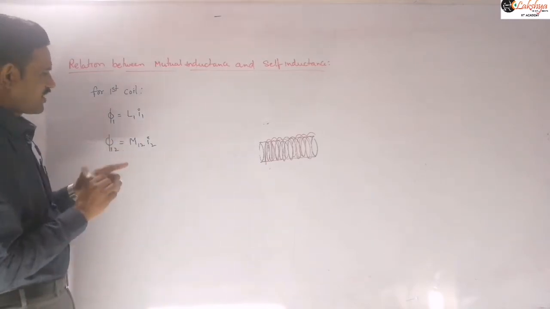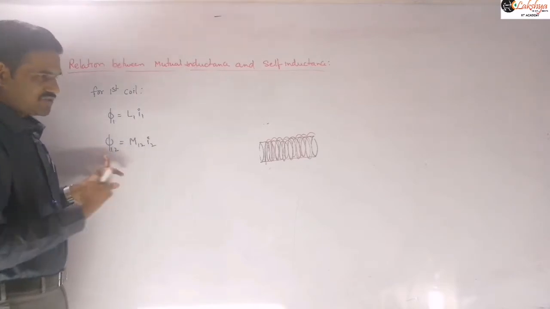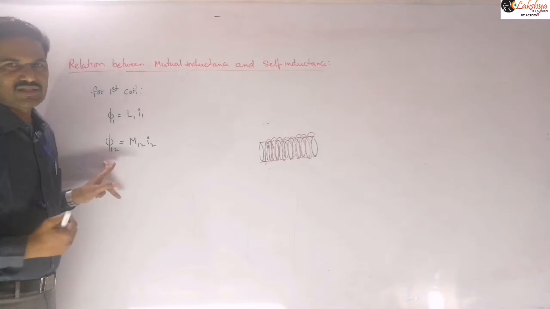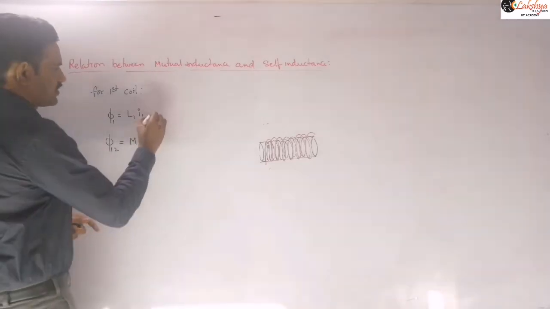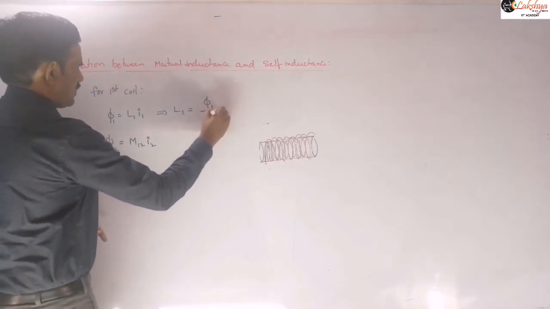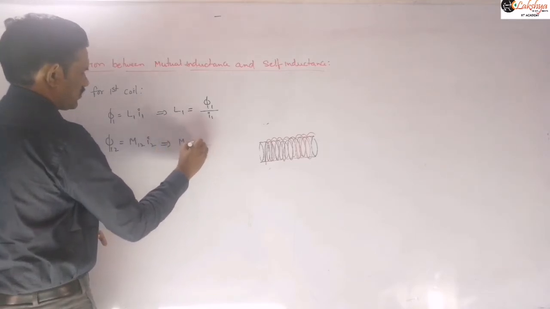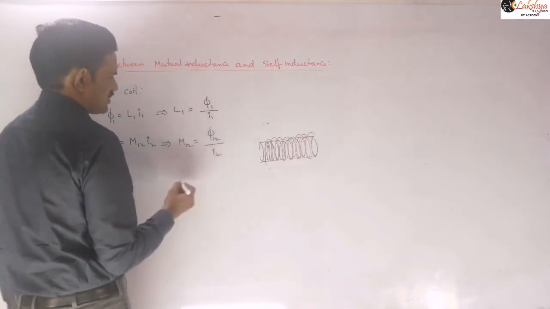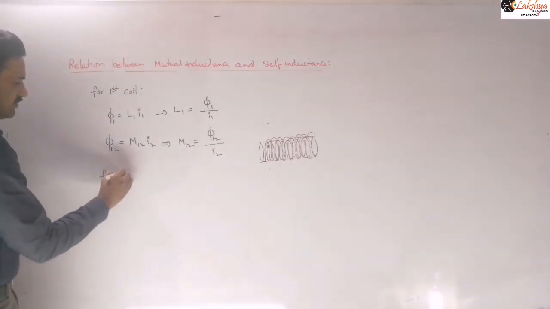The flux passing through the first coil: self-induction, mutual induction. Self-induction means the flux passing through that coil will depend on the current flowing in that first coil itself. Now when you are taking the mutual inductance between the coils, the flux passing through the first coil will depend on the current in the second coil, right? So that is nothing but what I am taking there. And so from this what you can write is L1 is equal to phi 1 by I1. And similarly let us write M12 is equal to phi 12 by I2, right? So this is one equation what we can write there. So now similarly let us write for the second coil.